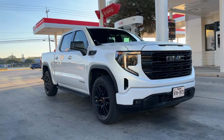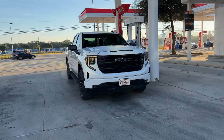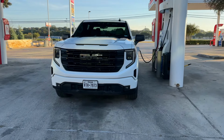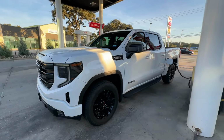familiar with it. What we're working with is a 2024 GMC Sierra 1500, and it's a 3.0 Duramax diesel engine. It's got a little over 4,000 miles on it right now. Performance-wise, it's 100% stock. We've done a couple of things, mostly aesthetics, some steps, some leather, tint, done some badging